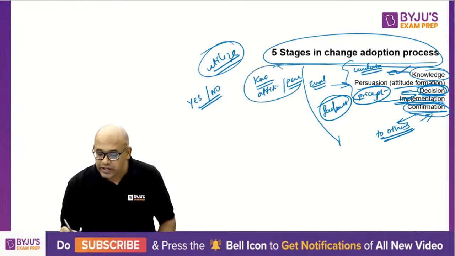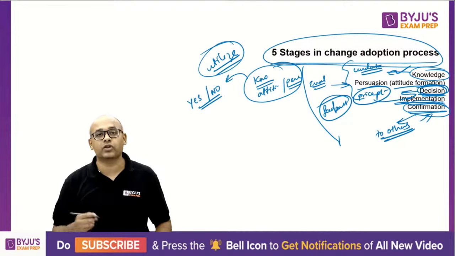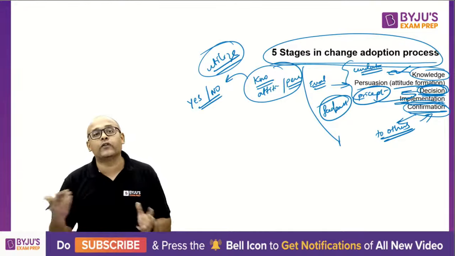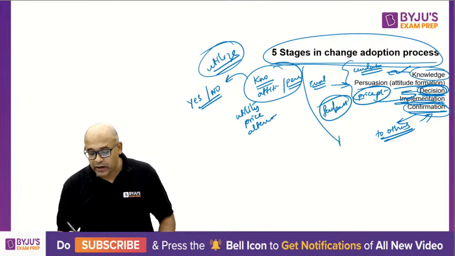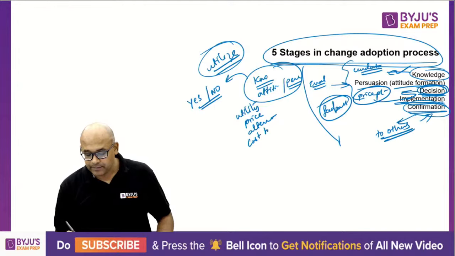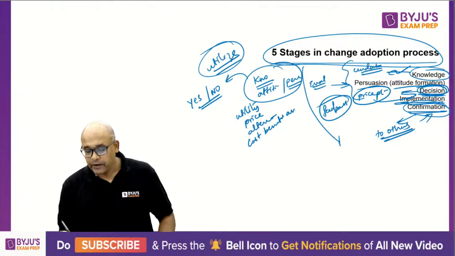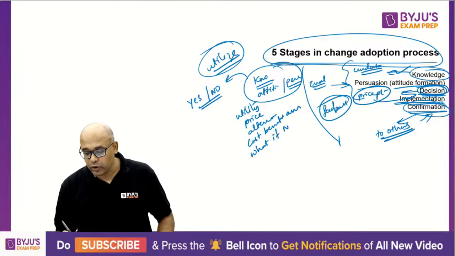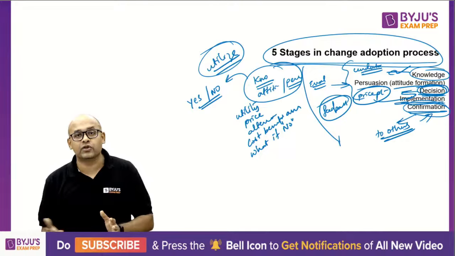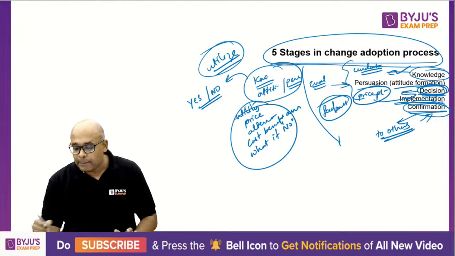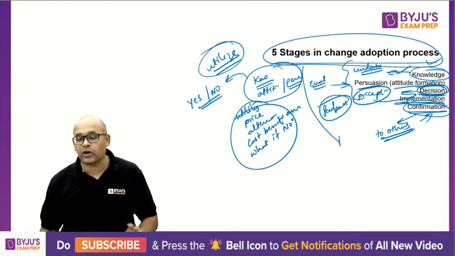So the first 2 stages will lead to the decision yes or no, but in the yes or no, there will be a lot of factors that you consider. You look at utility, you look at price, you look at alternatives, okay, you look at cost benefit analysis. You'll also look at what if not, what if no. You'll say, okay, if I don't buy it, what will happen to me? If I buy it, what is the advantage? So you'll do all this analysis based on the knowledge, based on the persuasion or the attitude that you have